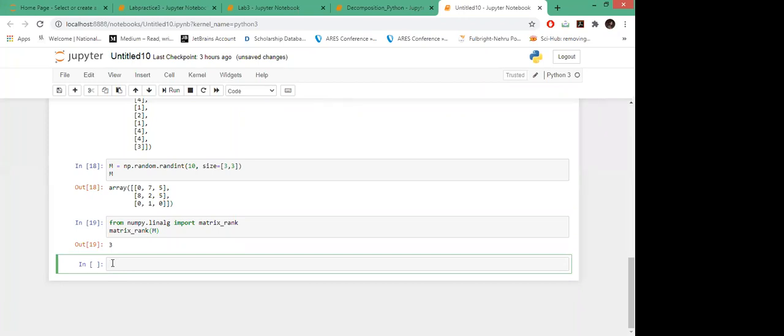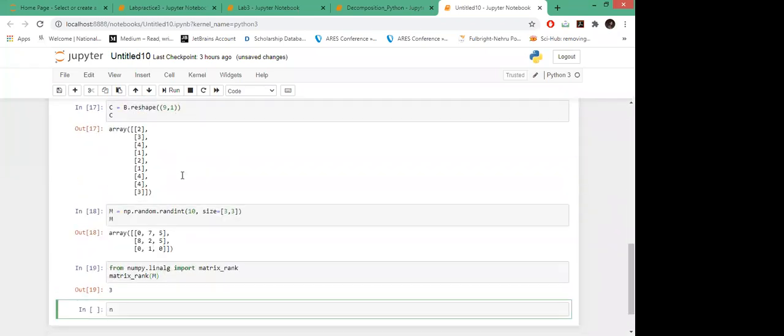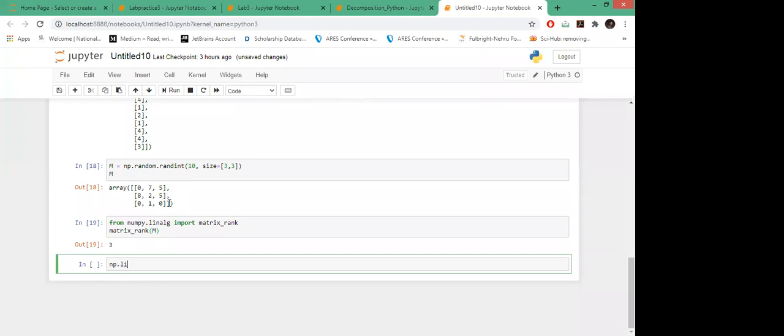I'm using NumPy with the name np, so I can use np dot linalg dot eig and pass the matrix.